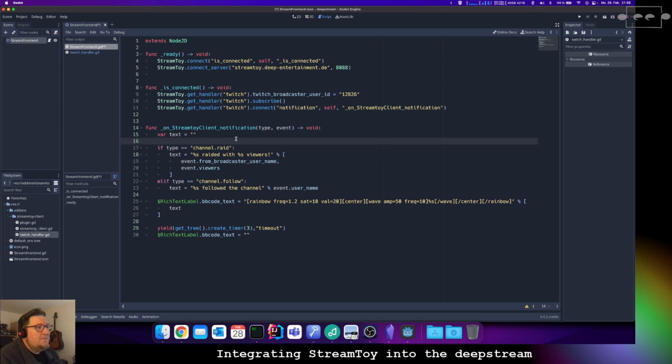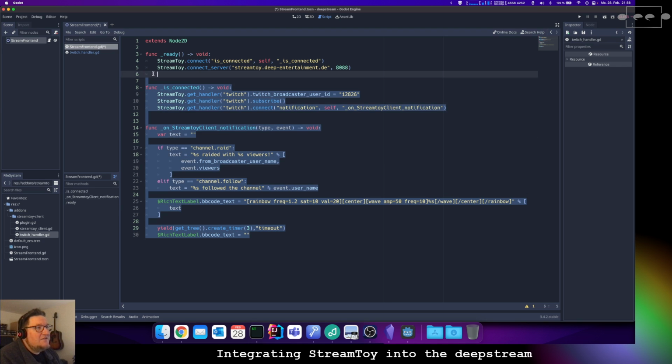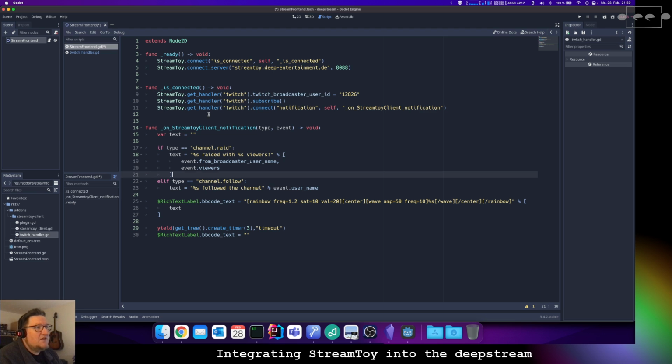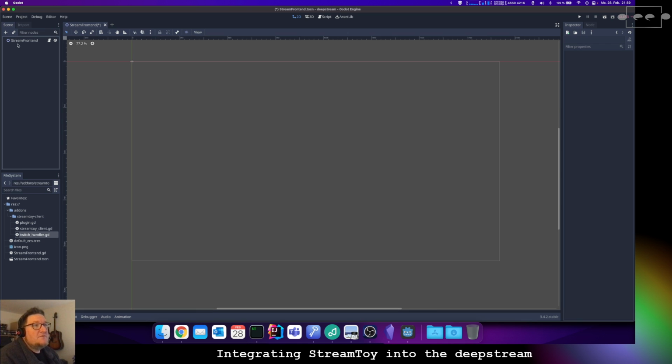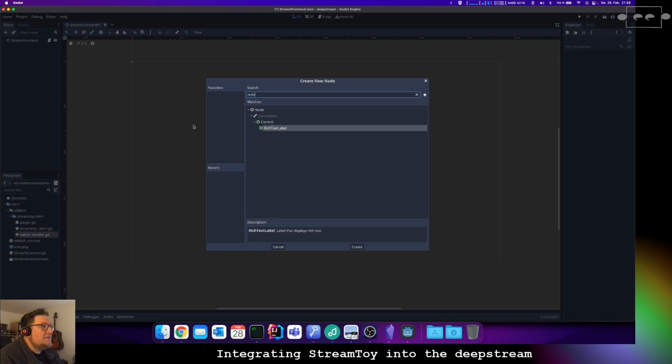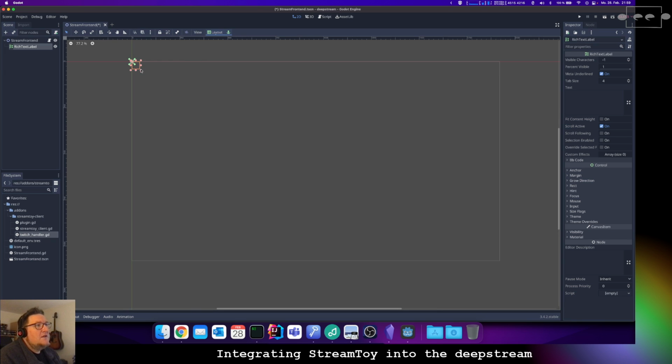So this is actually all the things you need to get StreamToy running. So now you can start doing funny things that will show up in your stream when an event is running. So for example, let's do the follow event. Let's start with something very simple. Let's just use a rich text label and